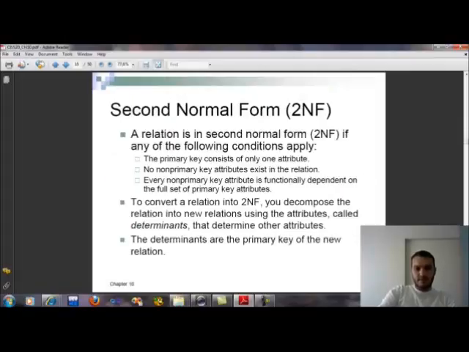And second normal form: a relation is in second normal form if any of the following conditions apply. The primary key consists of only one attribute. No non-primary key attributes exist in the relation. Every non-primary key attribute is functionally dependent on the full set of primary key attributes. To convert a relation into 2NF, you decompose